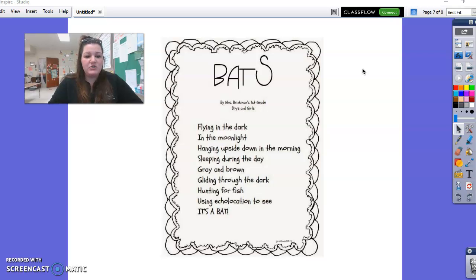So now I want you to take a different color crayon, and I want you to draw in what you learned from this poem. Okay, so you should have 2 colors on your paper when you're done. The first color we've already done. Now you're going to get a second color crayon and fill in something that you learned. Okay?